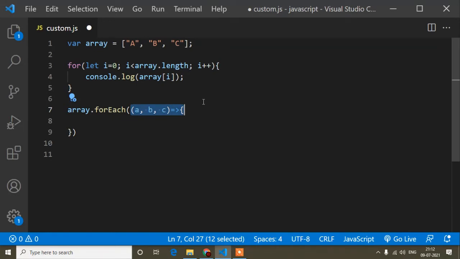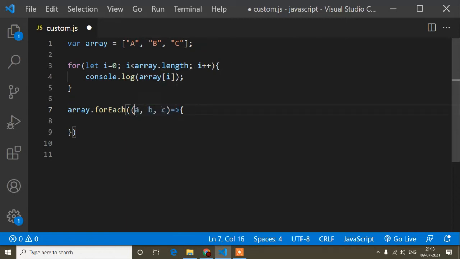So guys, if anyone asks you the difference between a for loop and a forEach loop, one answer you can give them is that a for loop doesn't take a parameter or callback function, but a forEach loop takes parameters. You can see this is taking a parameter and a callback method, because I am using a fat arrow function here, so it's taking a function. But for the for loop, it's not.